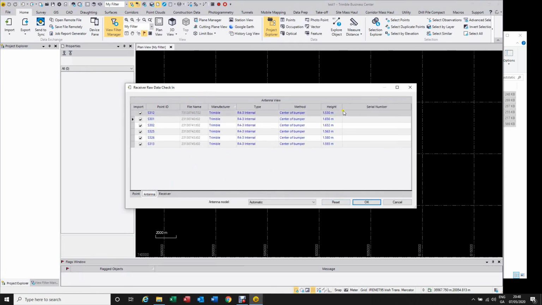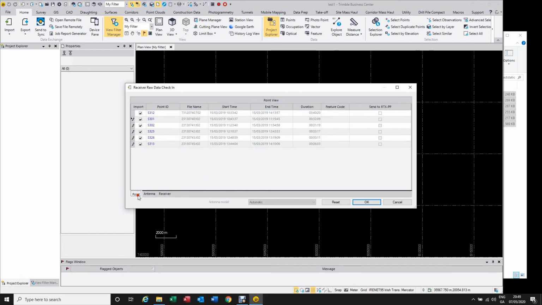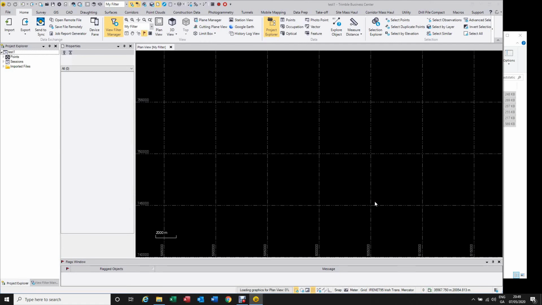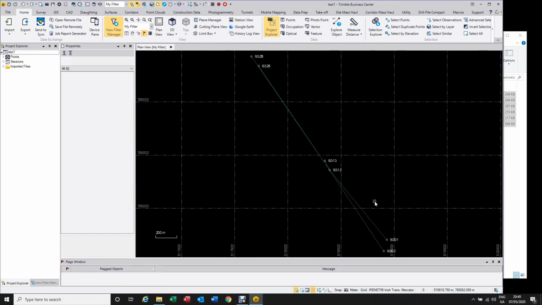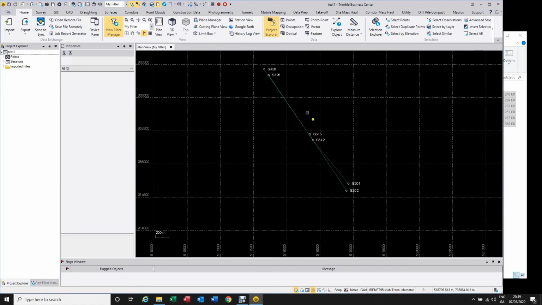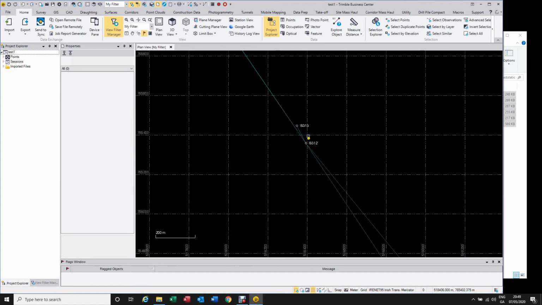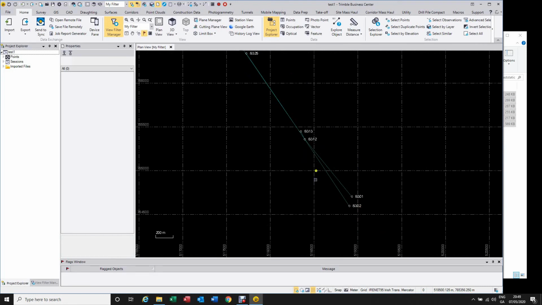If you still want to change something here because you realize something was measured wrong or something not correct, you can even change the method. You know, you want to measure to the bottom of the antenna, center of bumper. It's cool. You can do that here. Just go OK now. So yes, this was a road, so it's not so nice, but I picked it as a middle point. That was all day, or that's 4 hours long there, and all the rest of the points were just 40 minutes